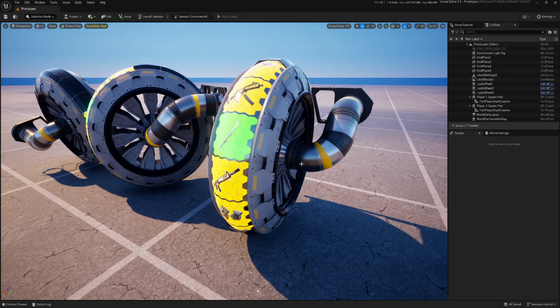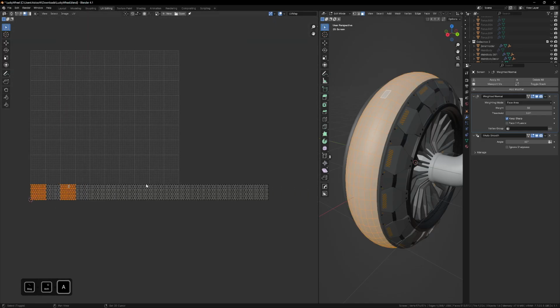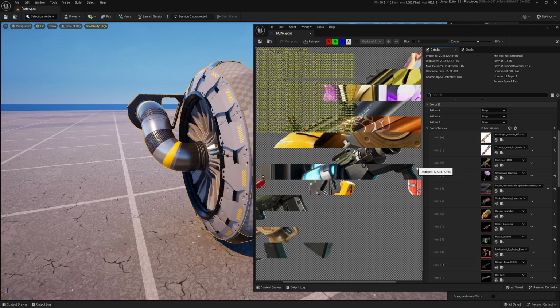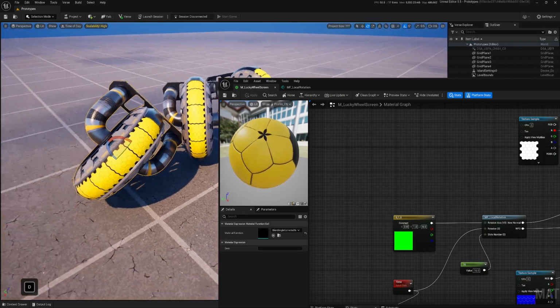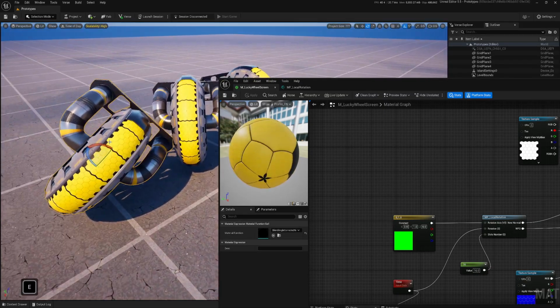Hi, in this video, while creating Lucky Wheel, I want to cover more advanced things. First of all, I want to show you how we can use UDIMs in UEFN to lower the required number of materials. Secondly, I want to show you what a texture array is and how to use it. Then, I will show you how we can spin our wheel entirely using only material and make it work in